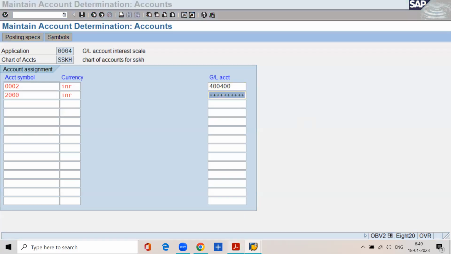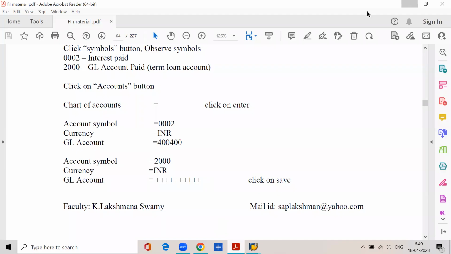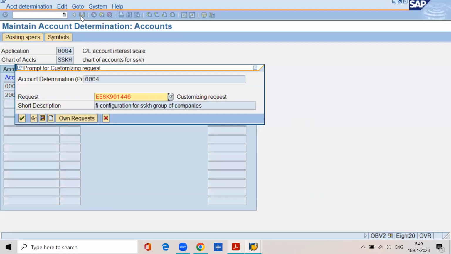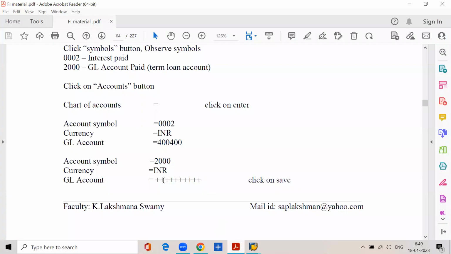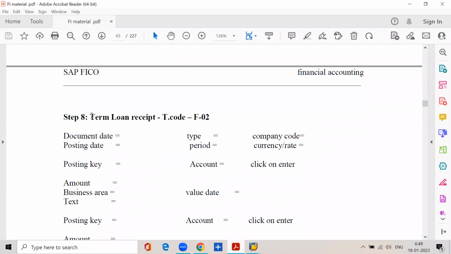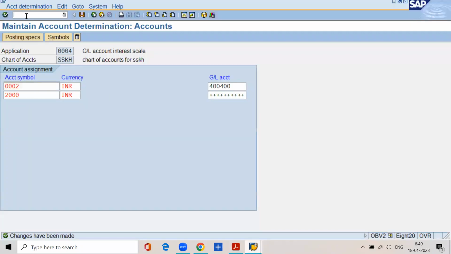Clear, no? That's why here I have assigned 10 digits. Click on save and enter. Now end user transactions. Term loan receipt, F-02. Let us post the receipt of term loan,